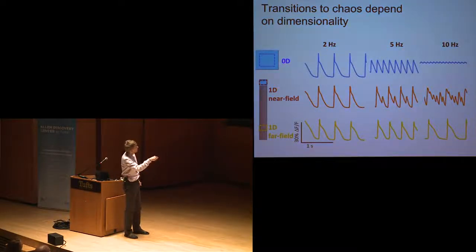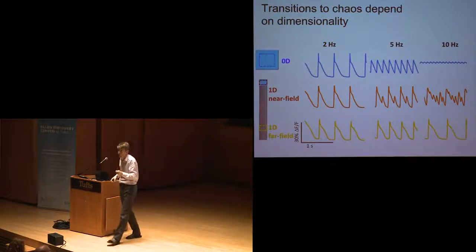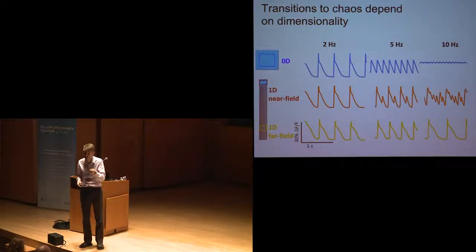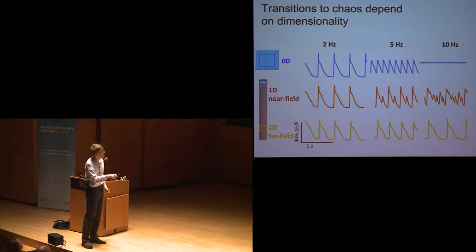Interestingly, in the region where we stimulate the cells, as we go to higher frequency, we get what's called an alternans behavior, so an alternating big beat and a little beat. In the human heart, this is often a precursor to arrhythmia. Cardiologists will diagnose this, and if they see this, it's a warning sign. And then as we go to higher frequencies, we get this chaotic dynamics here.